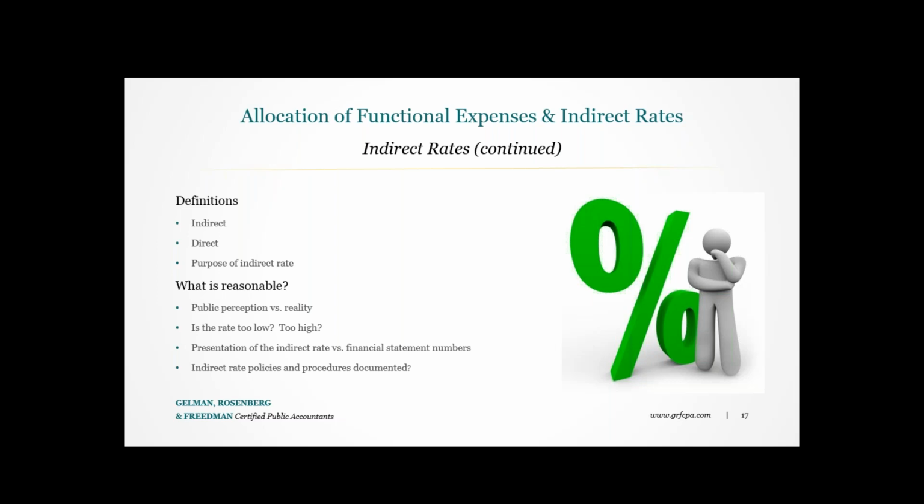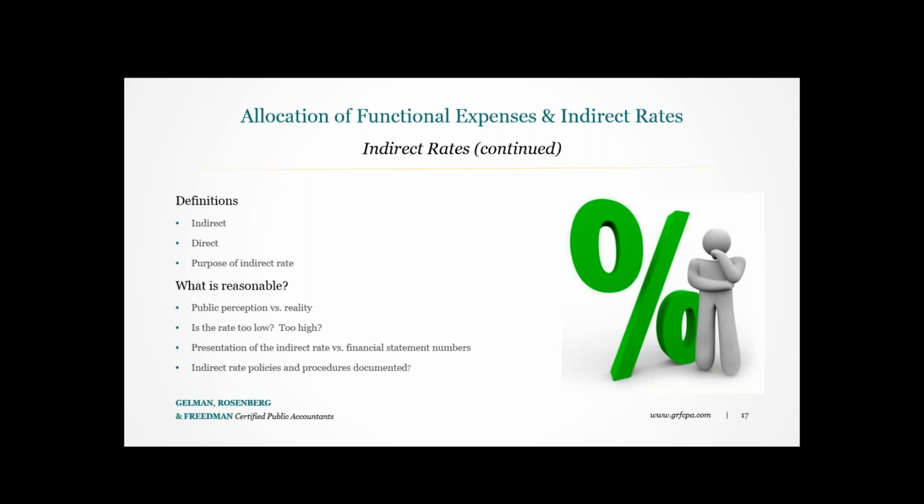Most organizations classify indirect costs as general and administrative expenses. We'll also discuss how these indirect costs can be presented in the functional expense statement as program expenses. A direct cost is an element of an expense that can be completely attributed to the delivery of a specific good or service. Typically, a direct cost is presented in the functional expense statement as a program service cost. This has a singular cost objective. This type of cost benefits a single individual program, activity, or function.